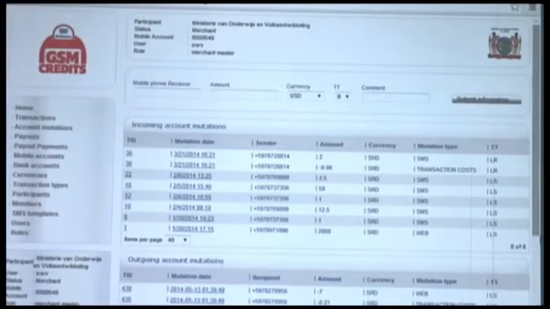and we'll put in my mobile phone number. That's +597 873 7356, and we'll say the amount is 200 SRDs. And let's say that the sender pays the transaction costs, and the comment is payment. Now we click on submit information,